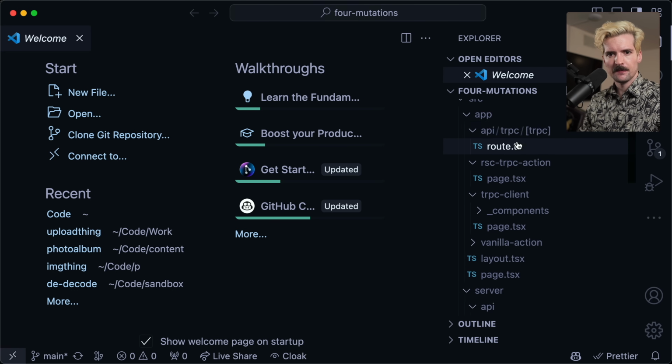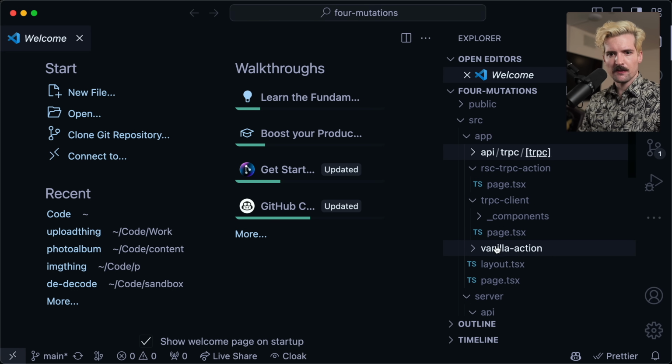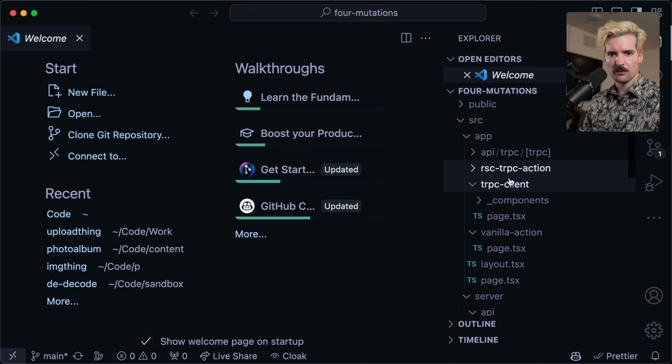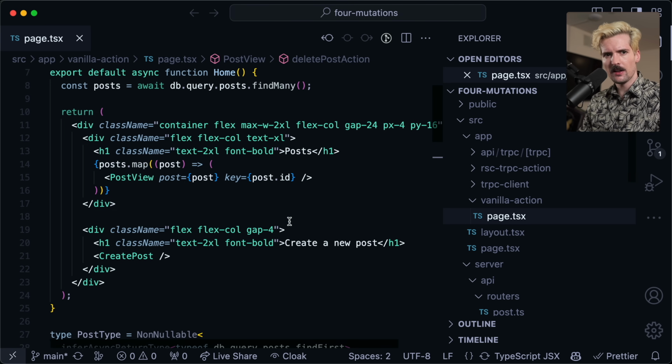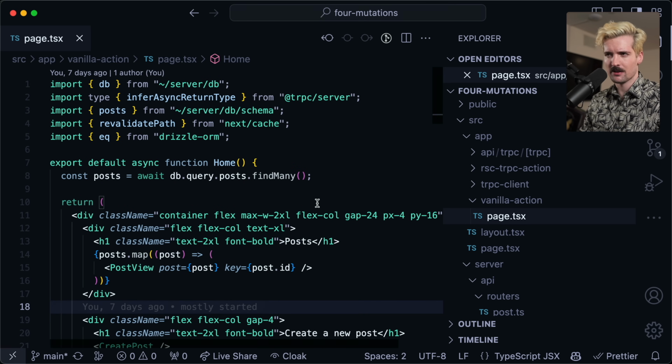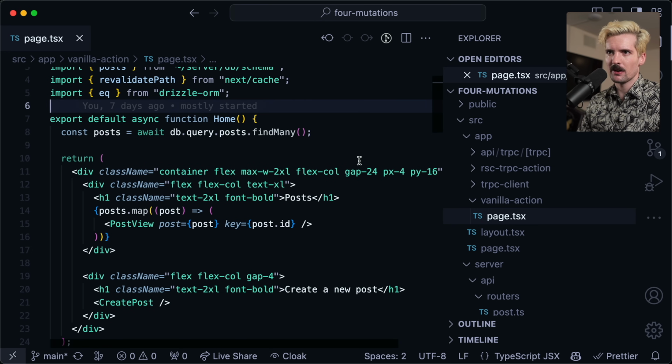So if we hop in here, you'll see I have in app 3 different folders: vanilla action, tRPC client, and RSC tRPC action. These are the 3 different examples I wrote. So vanilla action, this is the new React server component way. In here, I have some pretty simple backend code. Const post equals await